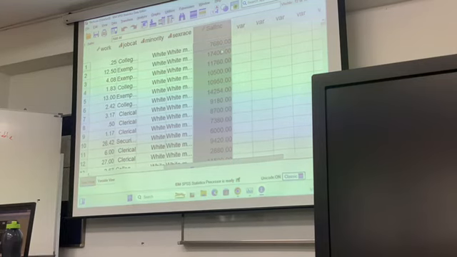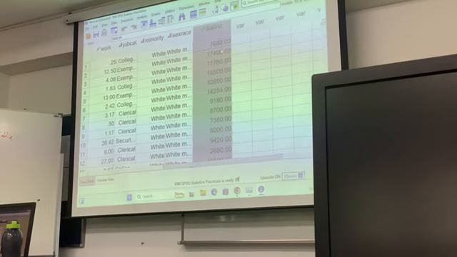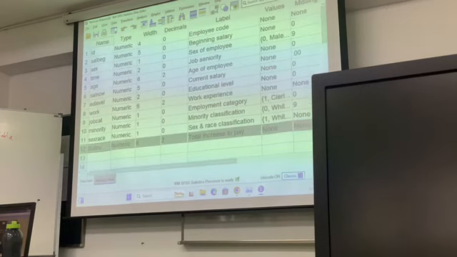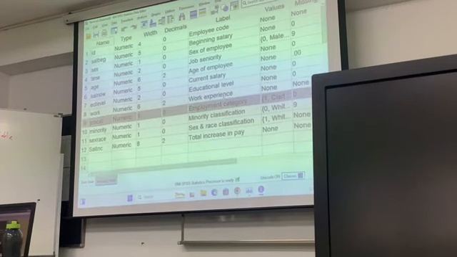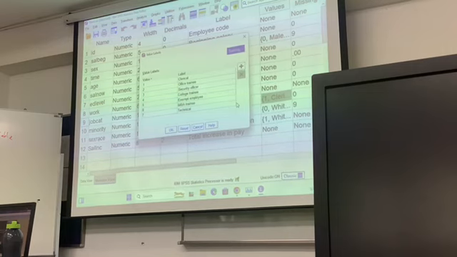Now, what if, let's say, we only want to compute for a certain group? Okay, for example, let's look at the variable. We have job category, right? The employment category. See the values. We have clerical, office trainee, MBA trainee, and so on. So, for example,